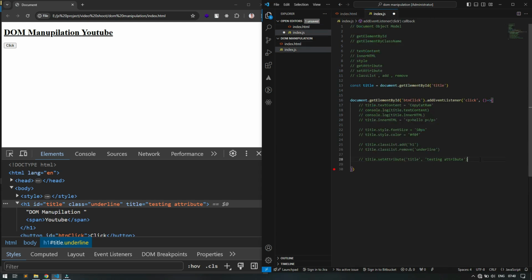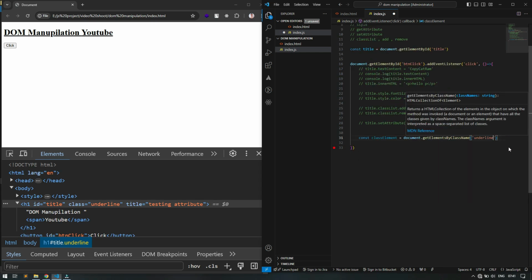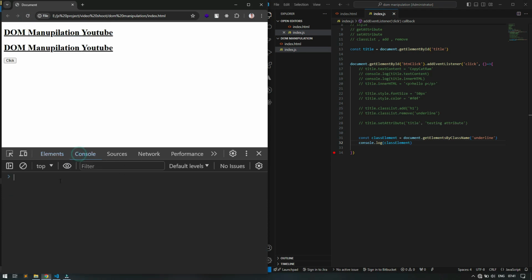Now what I am going to do here is target the element by the class name. So here classElement equal to document.getElementsByClassName, and here you have to just pass the class name. So the class name is underline. So let us console log and see what output it is going to show. The console log classElement. Now if I refresh and look at the console, you can find